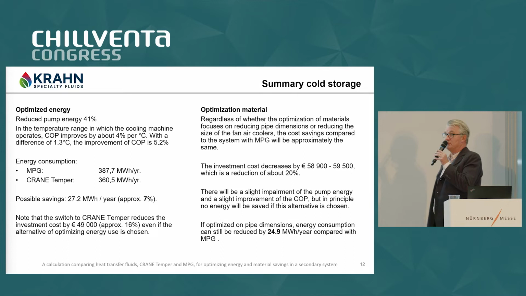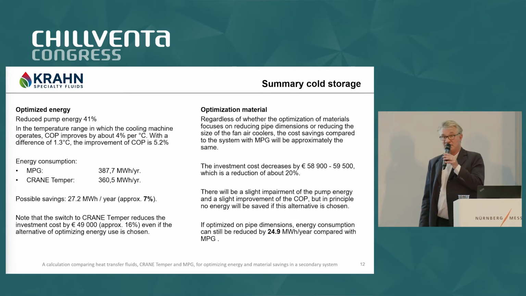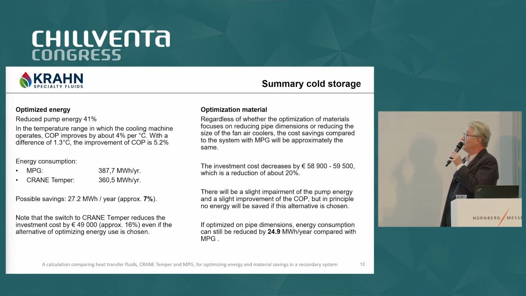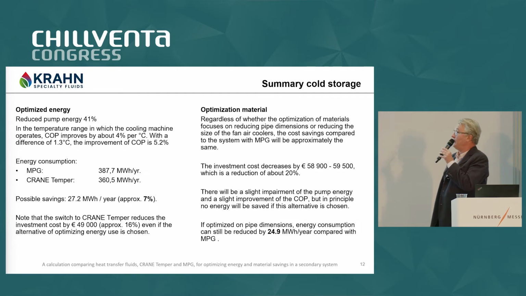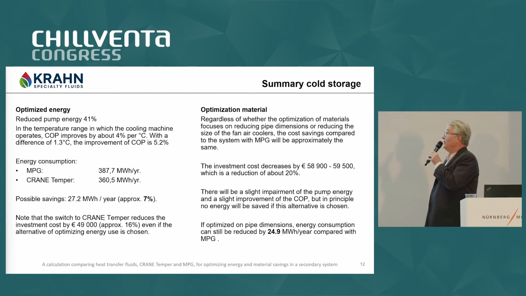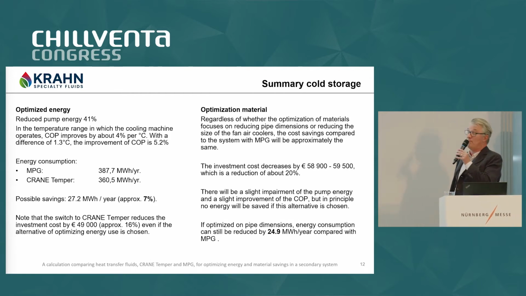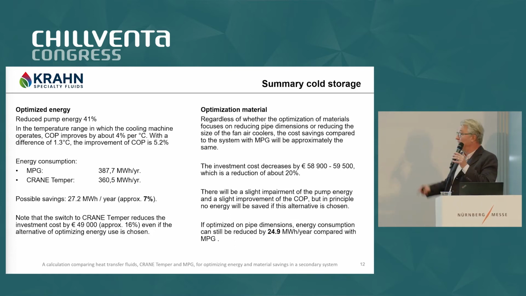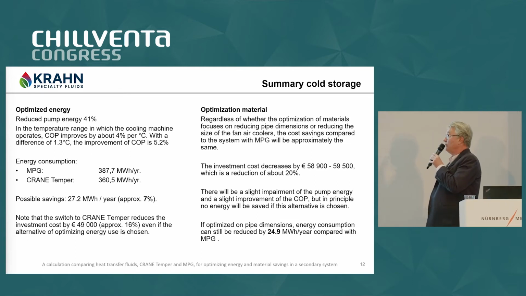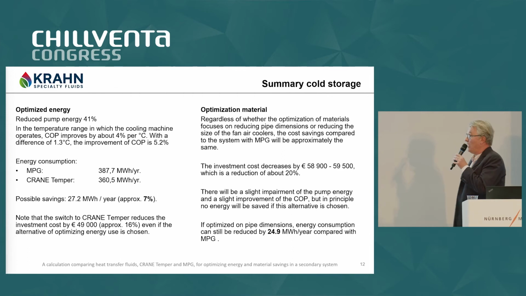In this case, you also see that we can increase the evaporation temperature, in this case by 1.3 centigrades, and make the approximation that you earn 4% per centigrade in the evaporator. Here, it means in this case you can earn 5.2% energy consumption in the evaporator in total. So there is quite a lot to earn, and together with the pump energy, you can earn up to 7% in energy costs compared with the MPG